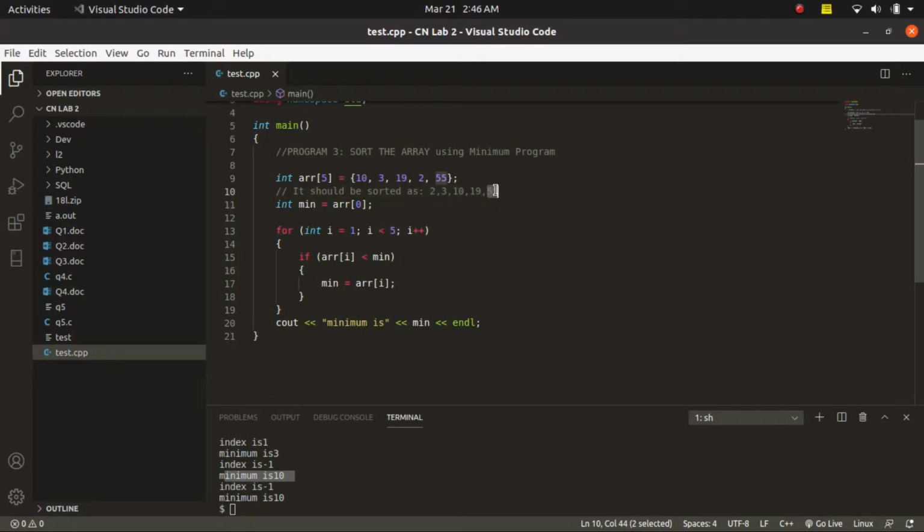Our tip here is that if we see the sorted array, it goes by 2, 3, 10, 19, and 55. Another way of saying that is it's like minimum and the second minimum and the third minimum, fourth minimum and the fifth minimum. Or on the other way around, it's like the largest, second largest, third largest, fourth largest, and so on. This sorting array can be described in terms of the minimum element as well.